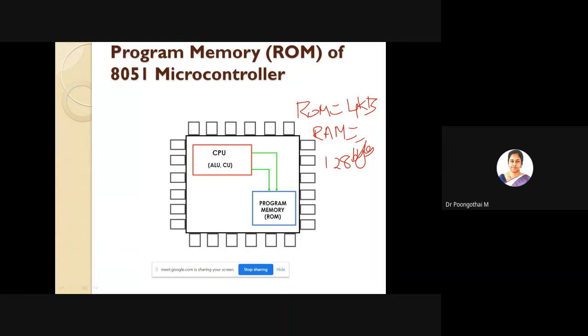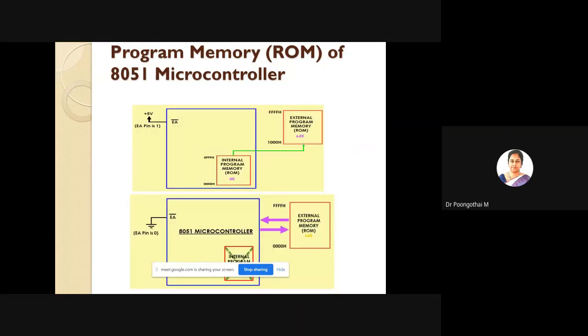This ROM memory is also called flash memory. The size is restricted, so up to 4 KB we can store your program information. Suppose consider this first